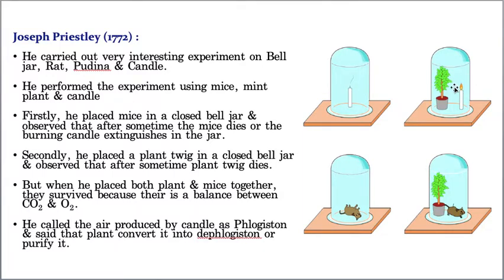How? This plant started releasing the oxygen, and for light, what is needed? Oxygen. It is a good supporter of the light, isn't it? So this carbon dioxide is utilized by the plant and it started releasing the oxygen. So by releasing the oxygen, this candle started lighting.